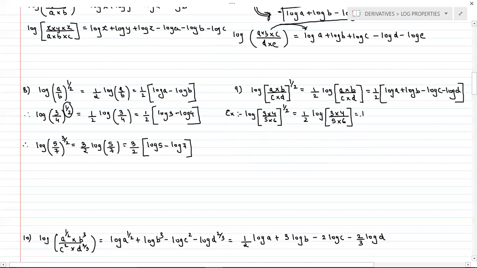As we know, 1 upon 2 will be common. Just now we saw in the previous example how we can keep this number outside the bracket. So it will be common for all the 4 numbers. So inside the bracket you will write what? In the numerator there are 2 terms, and the connection is multiplication, so we know that it can be written as log 3 plus log 4.